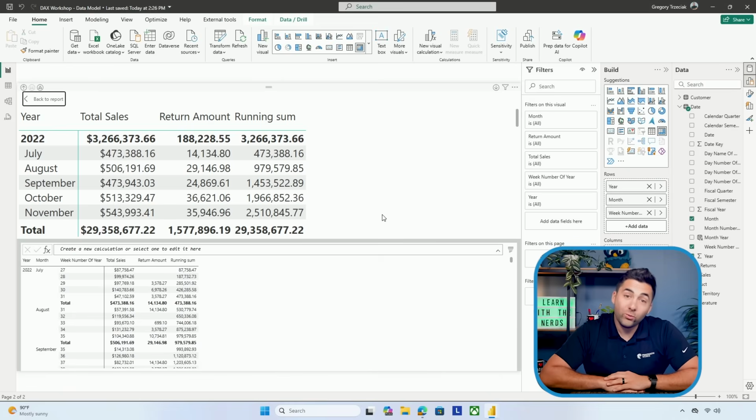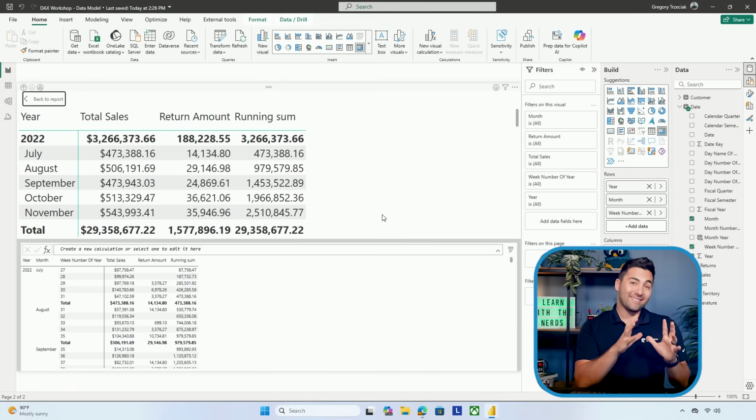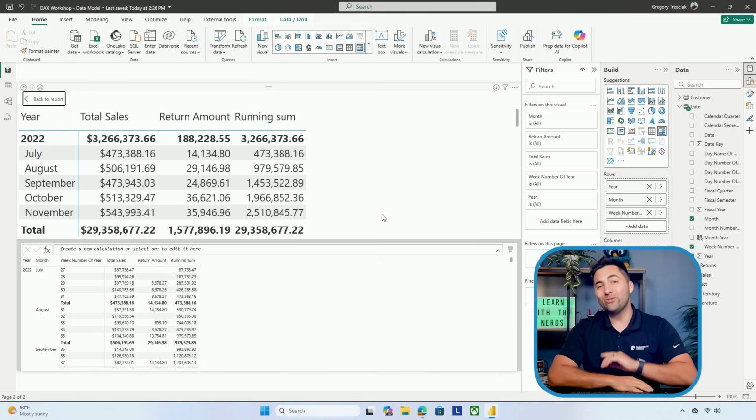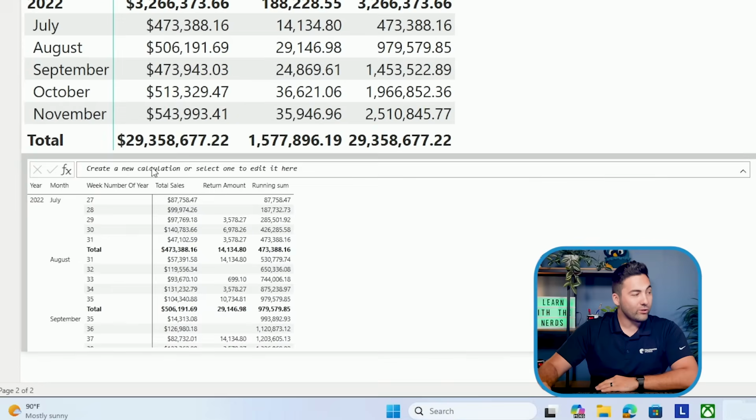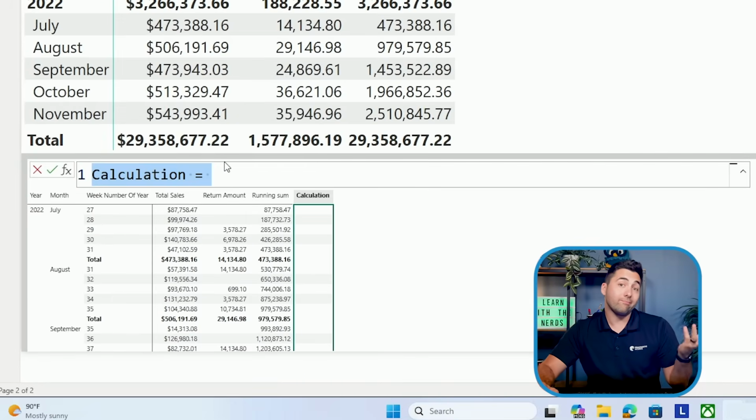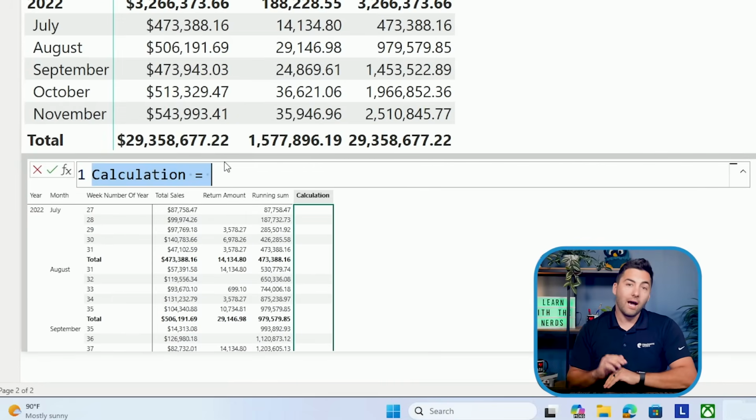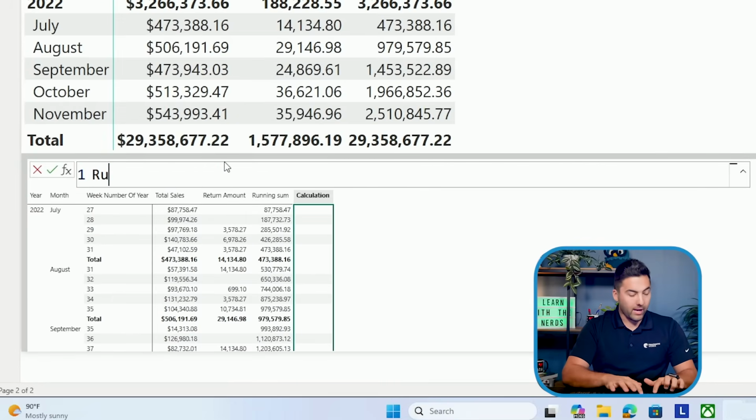The next one I want to show you here is something pretty cool. This one is still going to use running sum, but I'm going to show you some of the hidden secrets that will allow you to unlock a bit more. Let's go ahead and create a new calculation here simply by selecting the formula bar. I'm going to call this my running sum